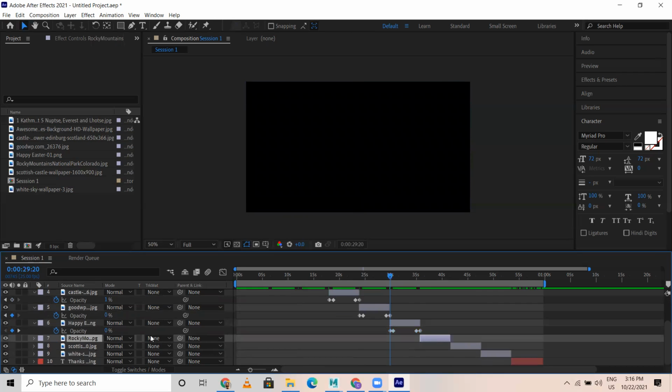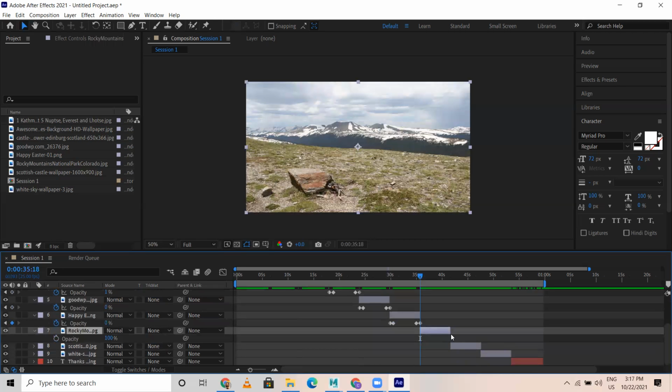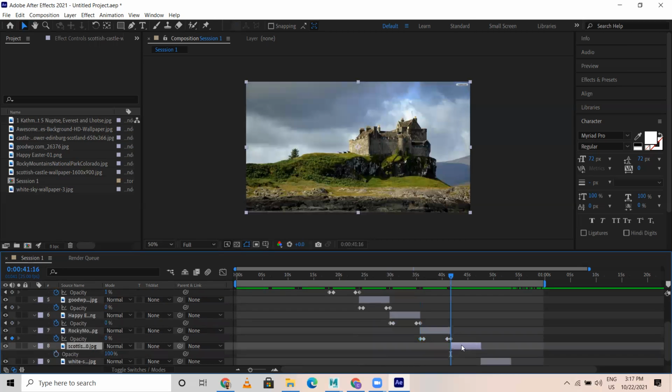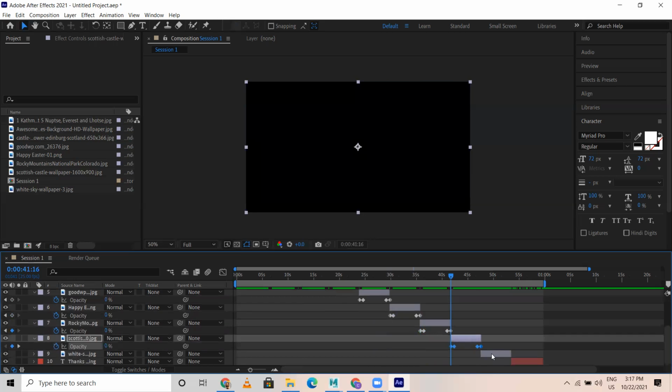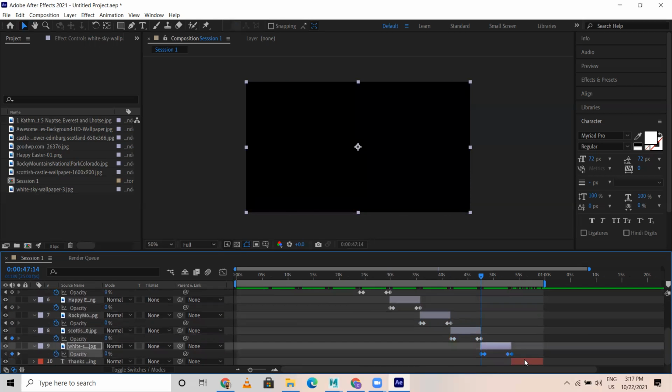Select this, T for what? I want to see this opacity. I select this, press I, T, in the sense I can see what the opacity level, the transparency level, is. Then select this, I, T, Control V, select this, I, T, Control V. Anyhow, for this it is done.